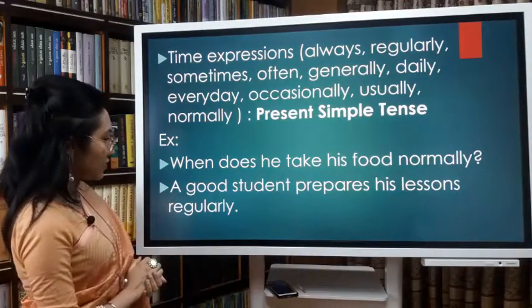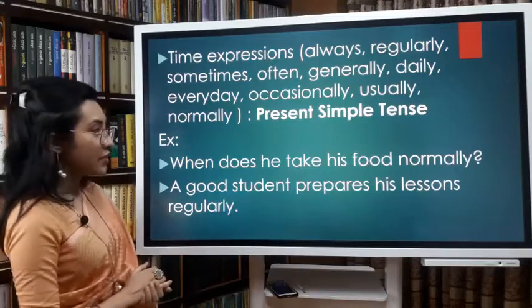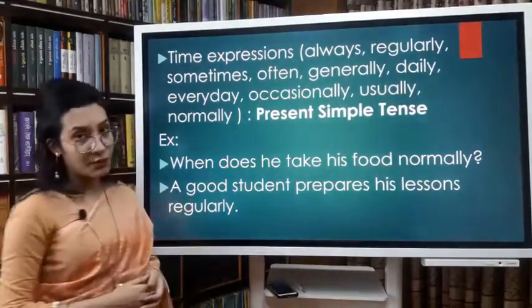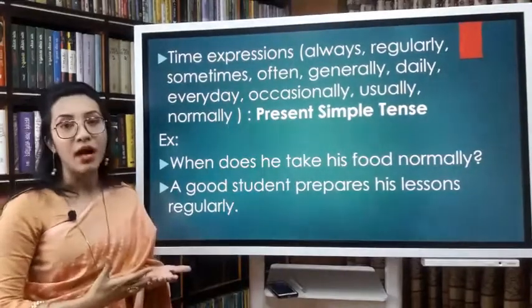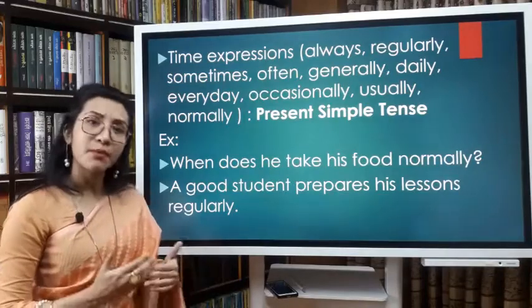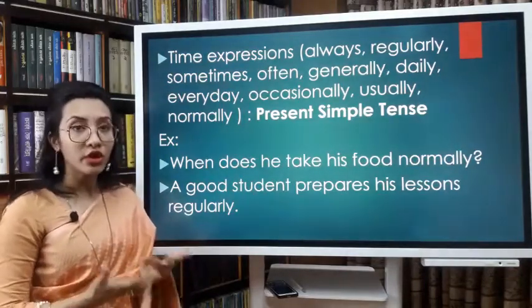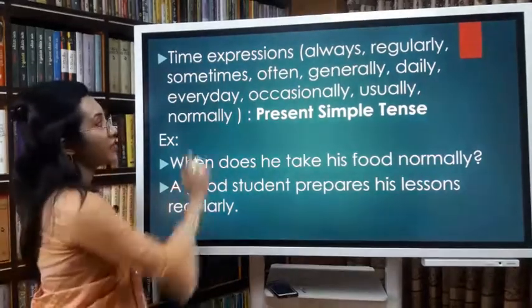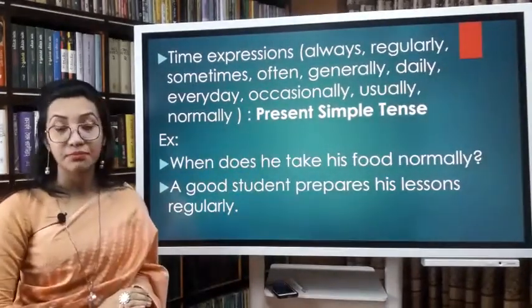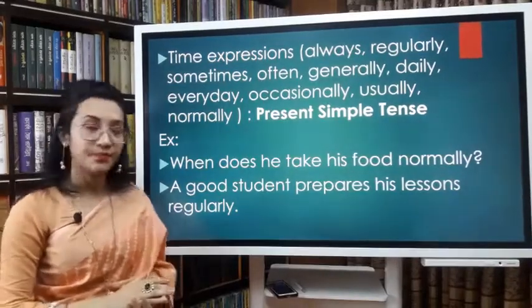Now let's see the second one. A good student prepares his lessons regularly. Regularly has been used. অর্থাৎ নিয়মিতভাবে প্রায়শই কোনো কাজ যদি করা বোঝায়, যেটা আমরা প্রায়ই করি, মাঝে মাঝেই করি, প্রতিনিয়ত করি, এই ধরনের ক্ষেত্রে আমরা যে টেন্সটা ইউজ করব তা হবে প্রেজেন্ট সিম্পল বা প্রেজেন্ট ইনডেফিনিট।